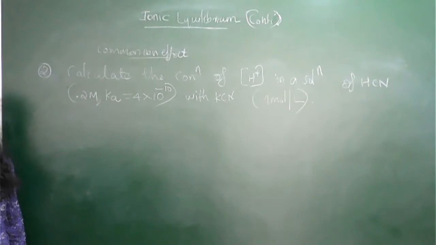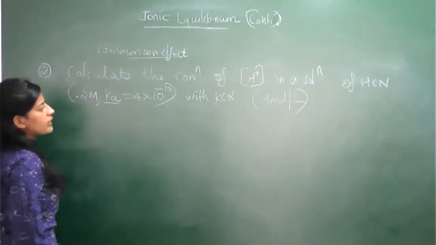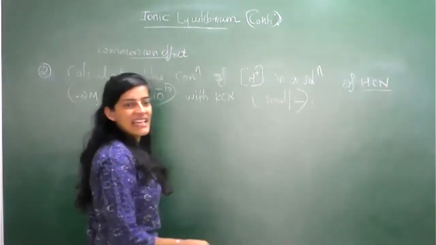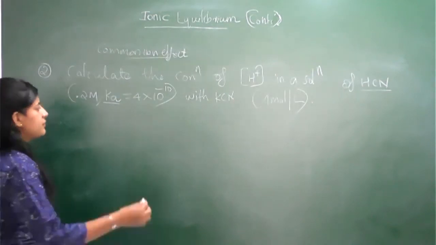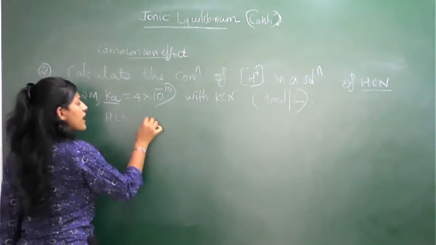H plus ion means, in the last lecture we already discussed how to find out pH. For getting the pH value, definitely we have to go through H plus ion. Before that, what do you want to create? You want to create some equation. Based upon the equation you will generate K. K is equal to that quantity divided by C alpha, C minus alpha. Likewise, the same procedure you want to keep here also. So in this case, HCN is weak or strong? Weak.